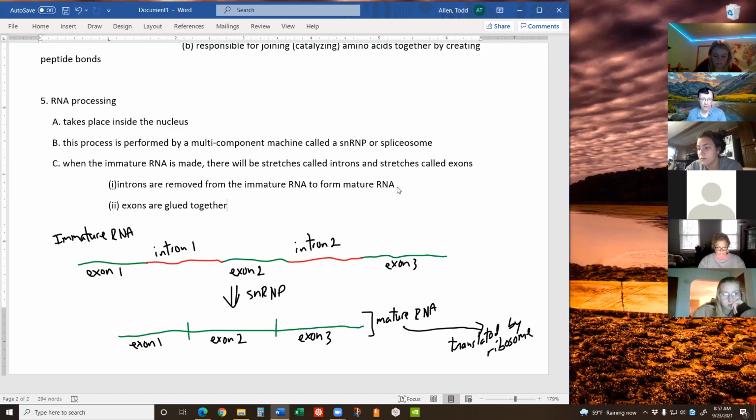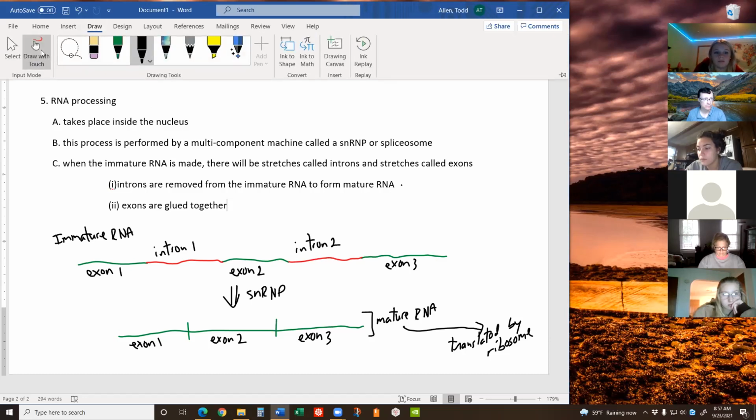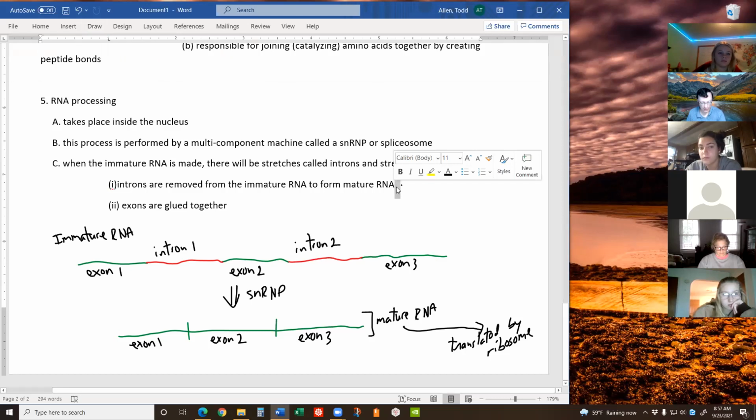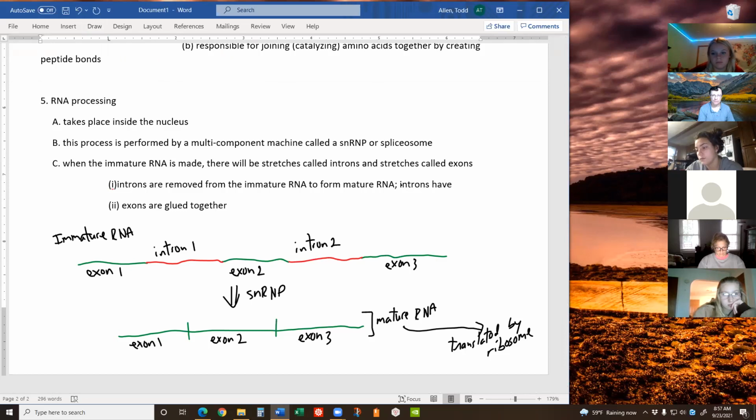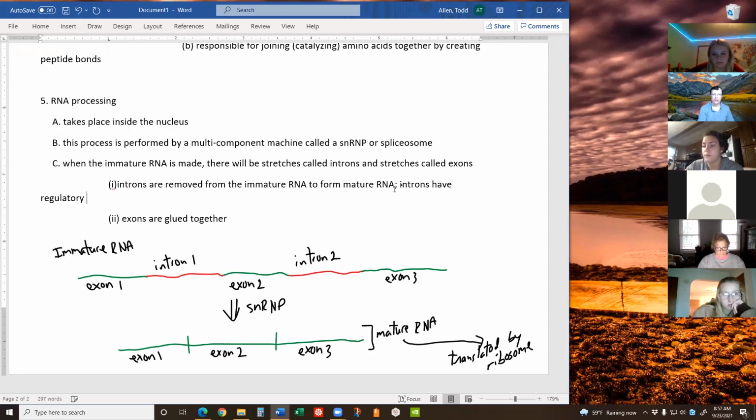Okay, let me type this up here. That, and let me hint at this, introns have regulatory capacity to control when genes are turned off and on. All right, so that would be a conversation for probably another course, but I'm just wanting to hint at you